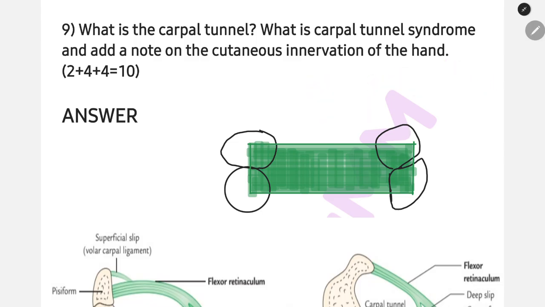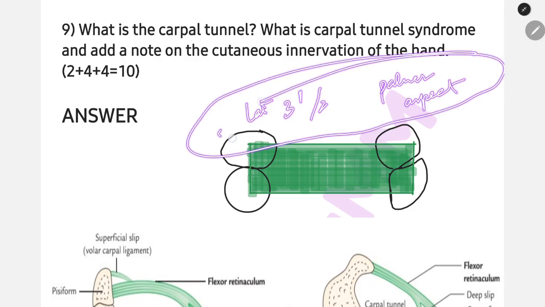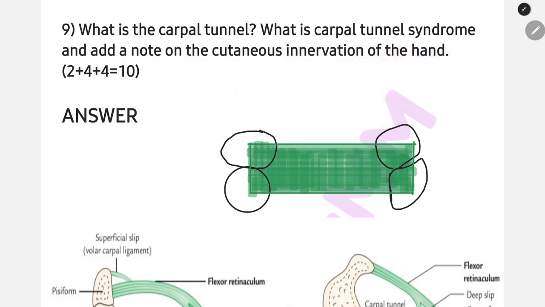Sensory innervation will be lost. It supplies the palmar aspect, lateral 3.5. Sensory innervation is lost because it is given by the median nerve. So the highlight things you will write are wasting of thenar eminence, and subsequently the muscles and the actions that are lost, and then you will write about the sensory loss